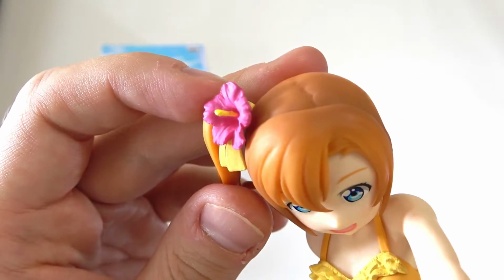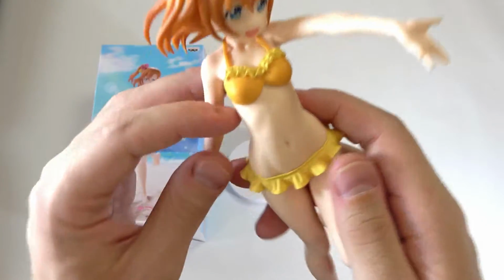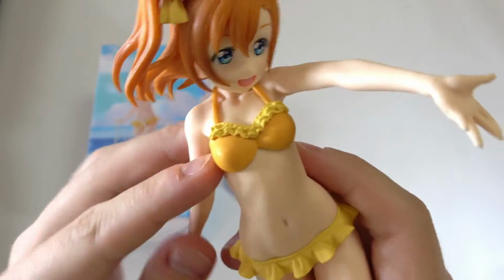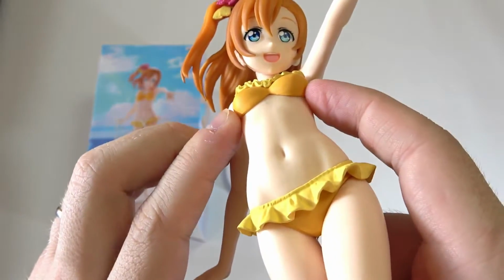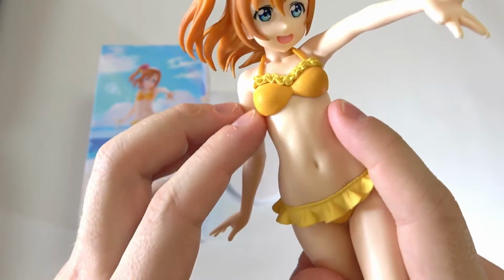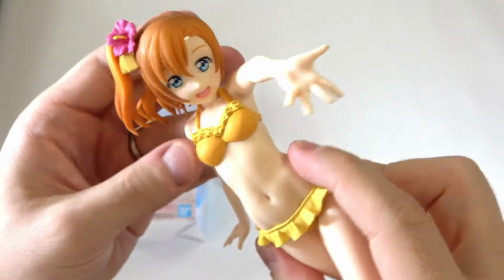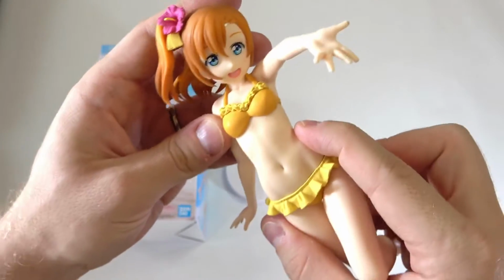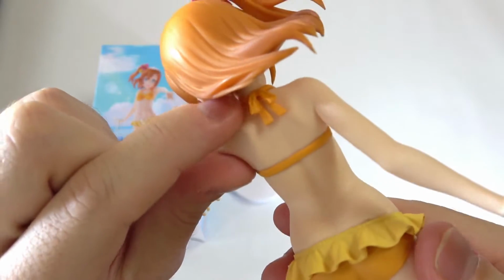That's nice. So moving down from the head to the body, as you can see, she is wearing a yellow bikini. The bikini itself doesn't have too much detail on it. It's just a little bit shiny. It has also been molded separately from the figure itself, so this does show that it is actually a real bikini that could possibly be pulled off, or taken off is the correct word. Pulled off sounds really creepy. Wow, that was weird. And the strap goes all the way around the back there, and it's tied nicely at